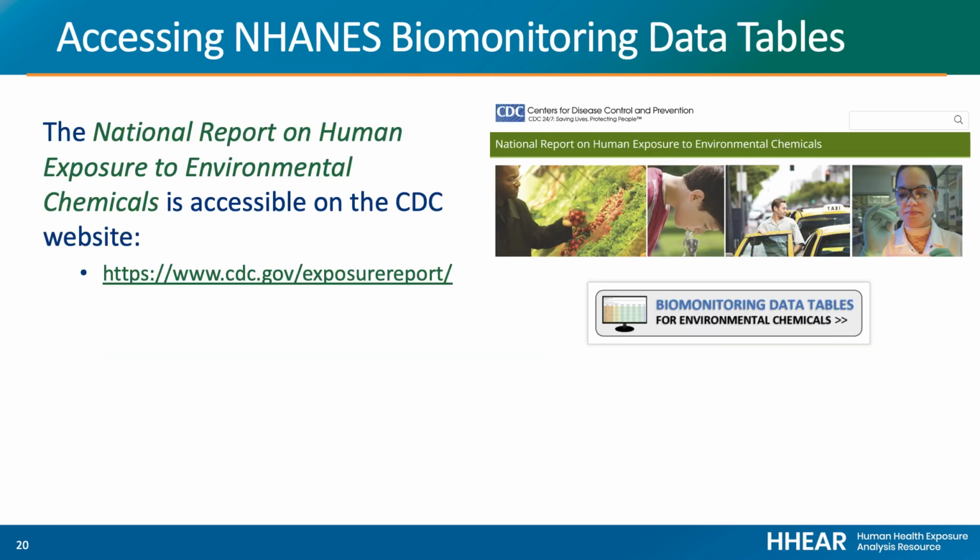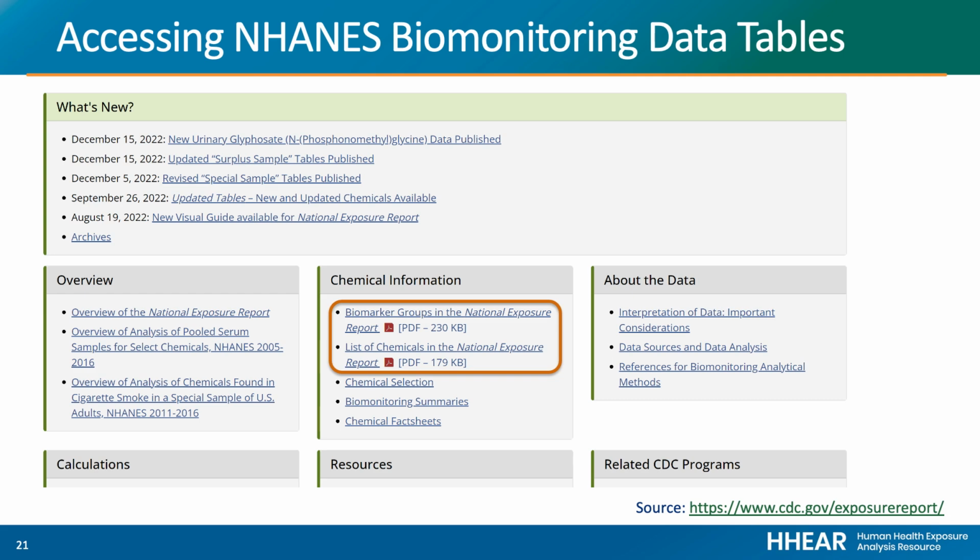Finally, we will walk through how to access data from the National Report on Human Exposure to Environmental Chemicals. This report is accessible on the CDC website, provided here. From this main page on the website, updates to the exposure report and resources such as biomarker groups and the list of chemicals included in the report can be found as PDFs under the Chemical Information header, as highlighted by